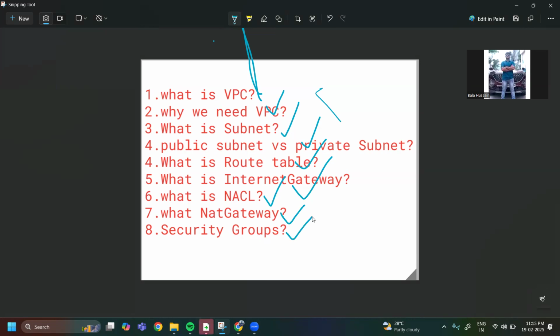So today's agenda is this VPC concept. This is the most important concept in AWS services, one of the most important services. To understand this VPC concept, I will explain a real life scenario, so that you can easily understand things.